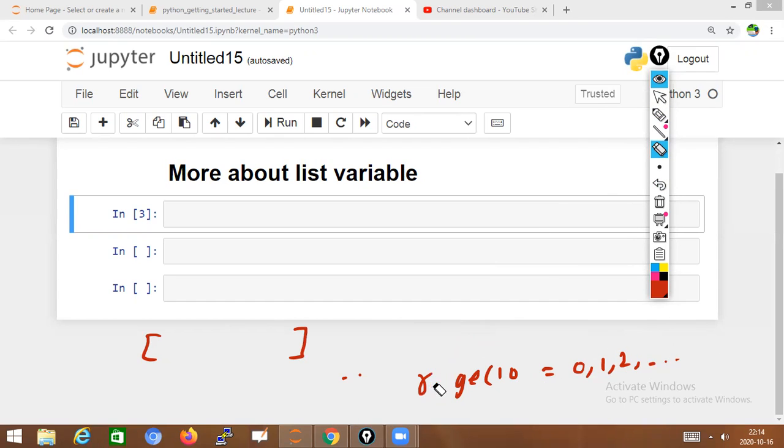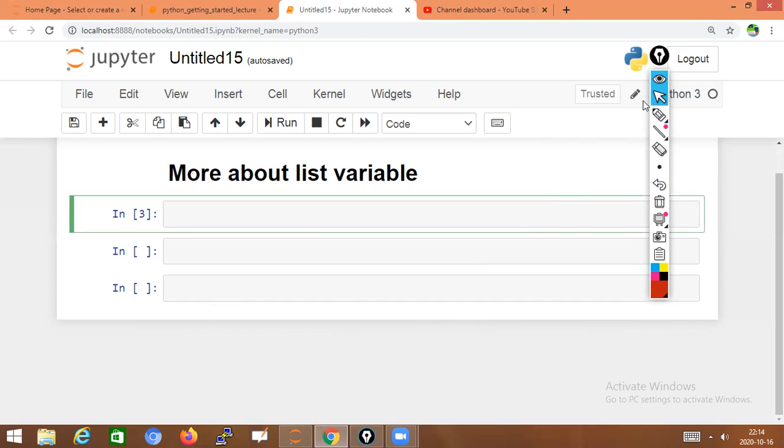Wait a minute, I'll erase all this. Now, I'm taking one variable, var, which is in the form of a list.